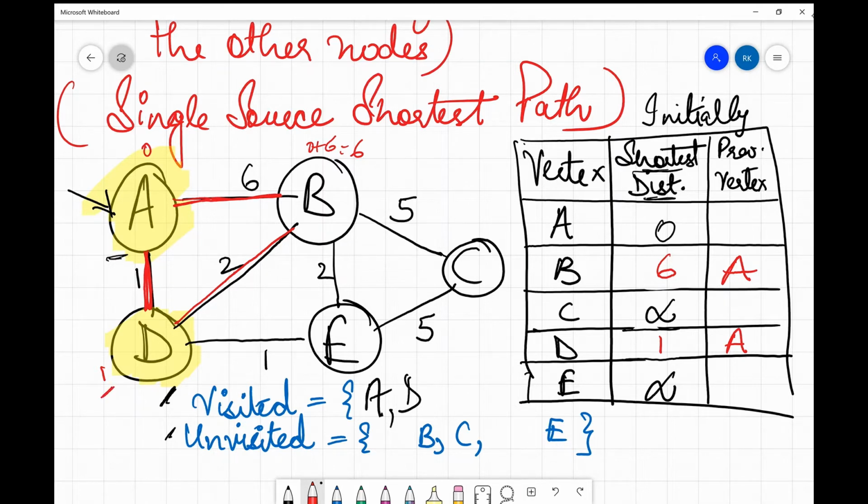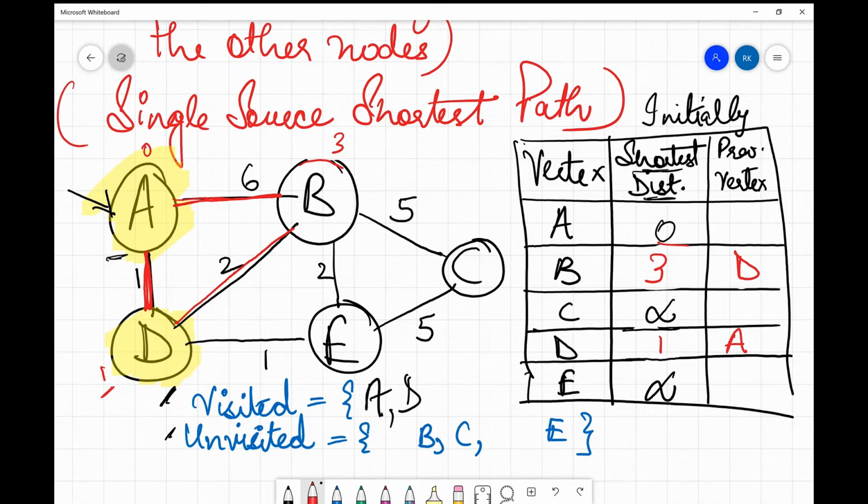Now 3 is smaller than 6, which is already present in the table, so we'll update that. I update it over here as 3, 1 plus 2, and the previous vertex now changes to D because we reached B using D.